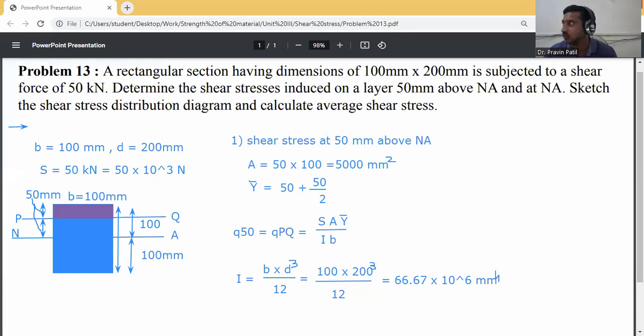Okay. So just put all these values here. Shear force S is given as 50, put all these values in newton and mm, 10 raised to power 3. S is in kilonewton, we have converted it to newton. Area is 5000 mm square. Then y is 50 plus 50 by 2. So how much is this? 50 plus 50 by 2 will be 75. So here y bar is 75, divided by